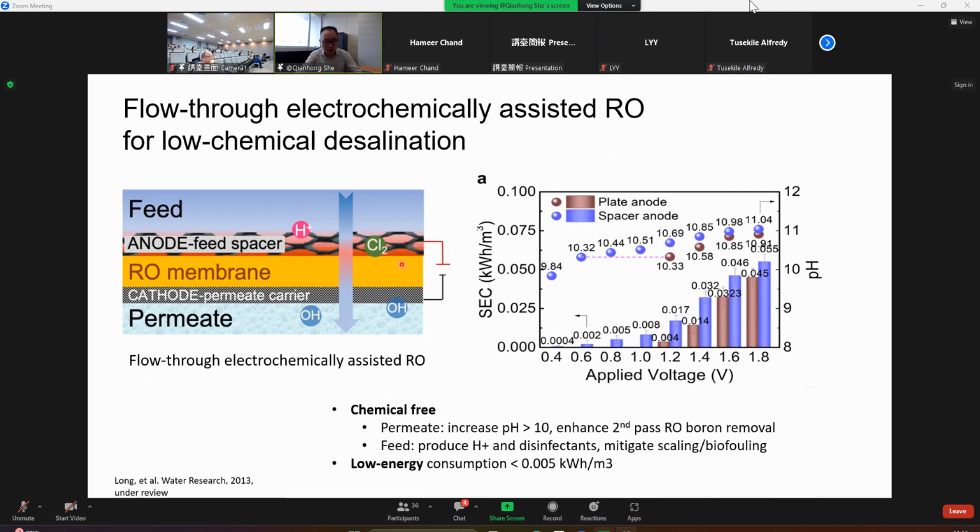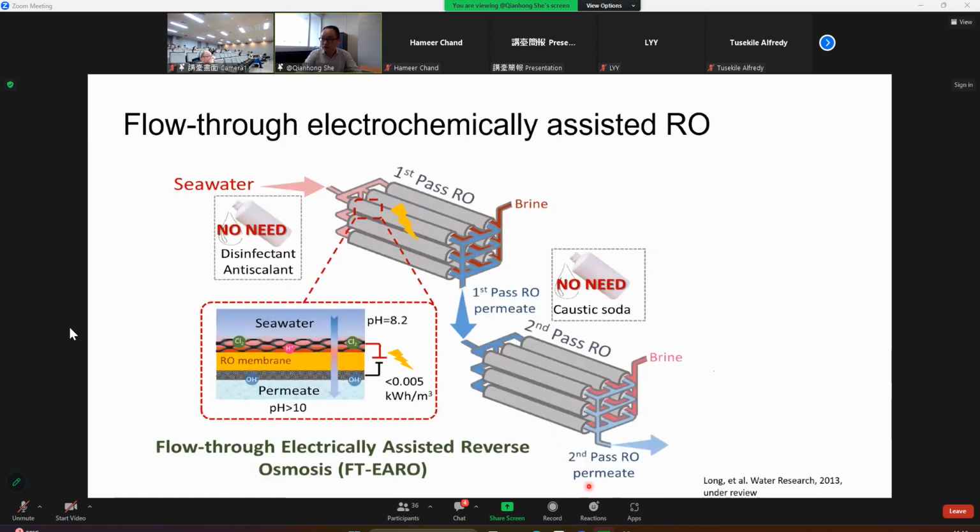So depending on the operating condition, again, we can manipulate the chlorine production concentration, and then we can achieve the use of this chemical to mitigate the fouling or scaling. And in this process, if we look at the energy consumption, it's very, very low, less than 0.005 kilowatt hour per meter cube. And eventually, based on this concept, we can design a module to integrate into the first pass RO, and eventually